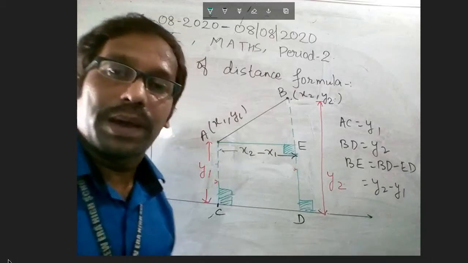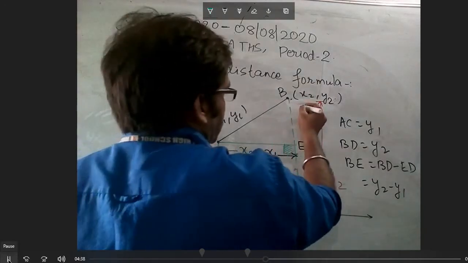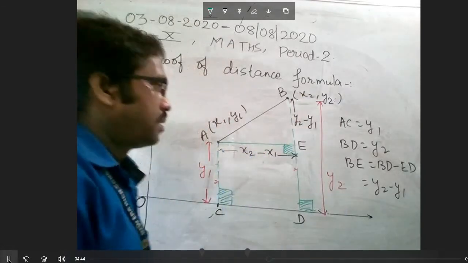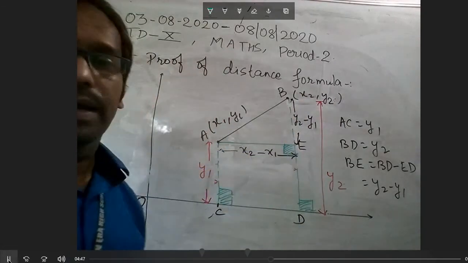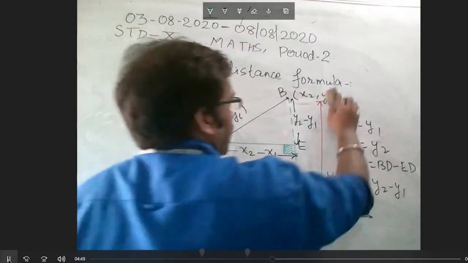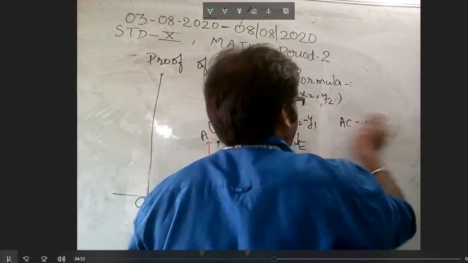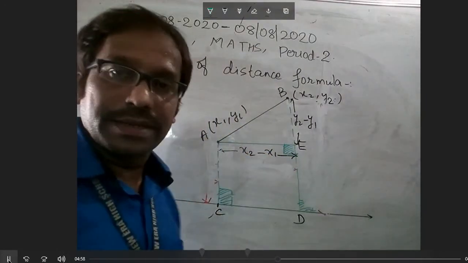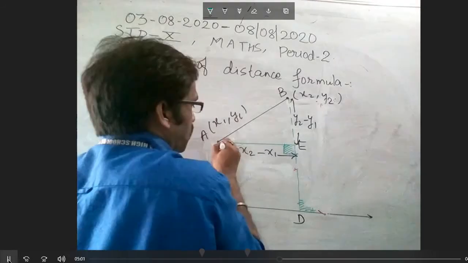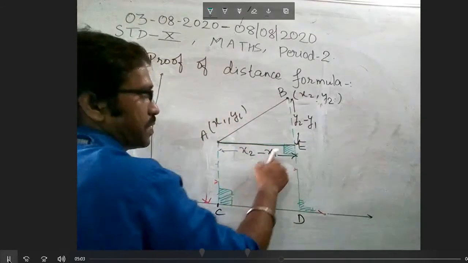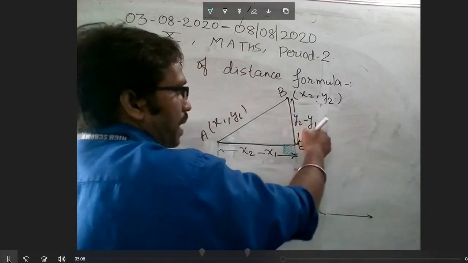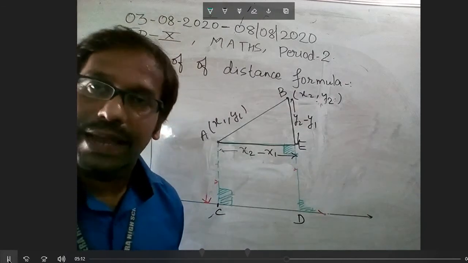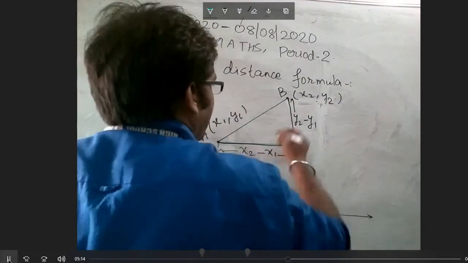Now we have found this second side also of this triangle ABE. Now it's simple, just use Pythagoras to help us. So we'll freely use our Pythagoras theorem, because ABE is a right angle triangle. Okay, now all sides we have found. So I'll erase all these perpendiculars so that you can easily understand what is Pythagoras and why it has been used here.